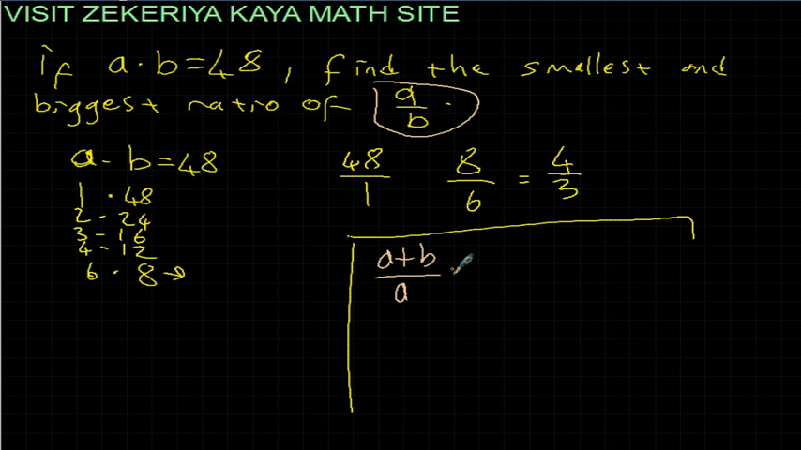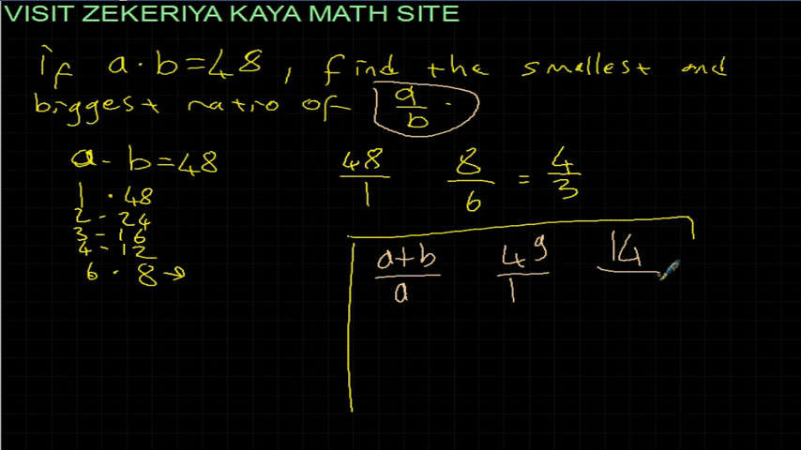So, the highest thing which we can choose, 48 plus 1 will be 49. 49 over 1. The smallest one which we can choose, look at that, 8 plus 6 makes 14, 12 plus 4 makes 16. 14 is still smaller. So 14 over